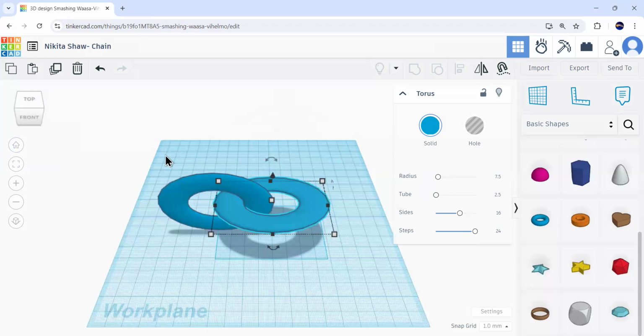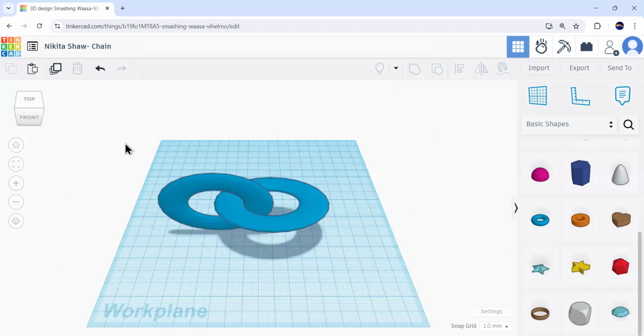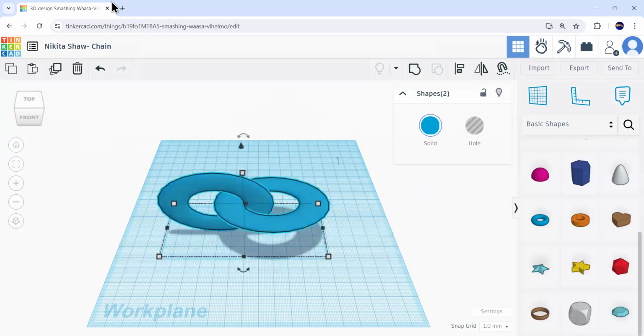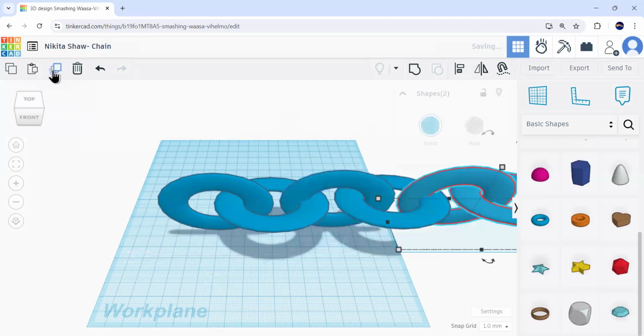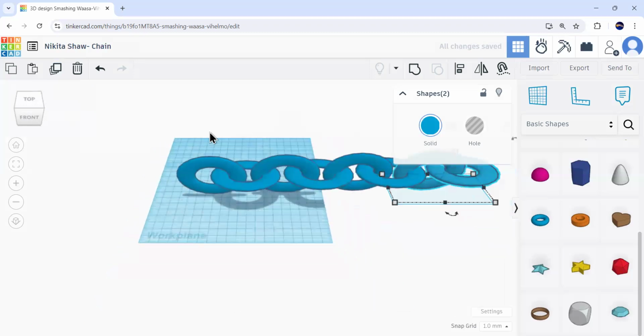We can see it looks like an interlocked chain, right? So again, we'll click on this white space, drag and select the entire image, and duplicate and repeat. Okay, then we will just drag out the image. This makes our chain. And if we keep on clicking on this duplicate and repeat, it will keep on creating our chain-like thing.